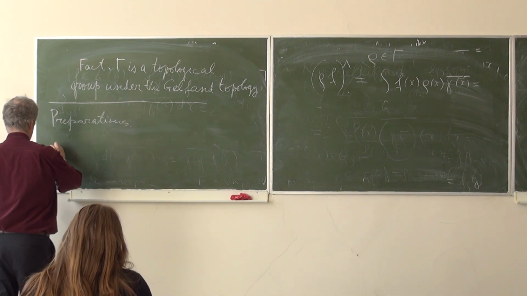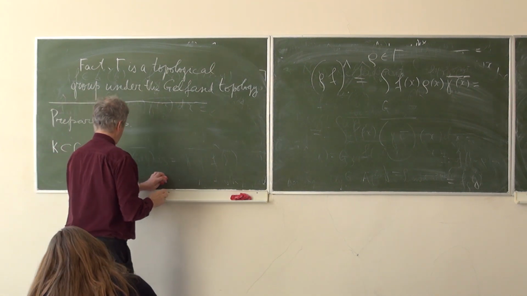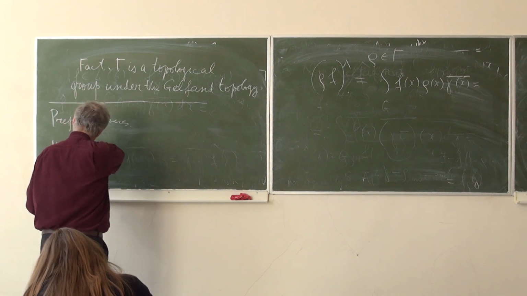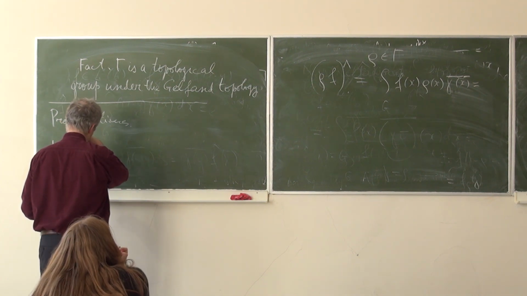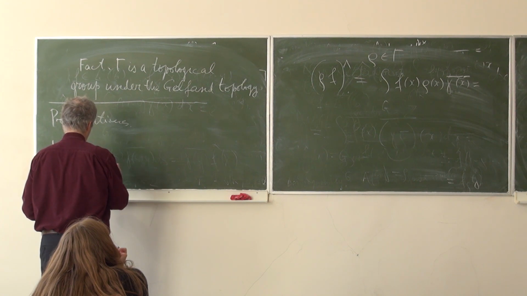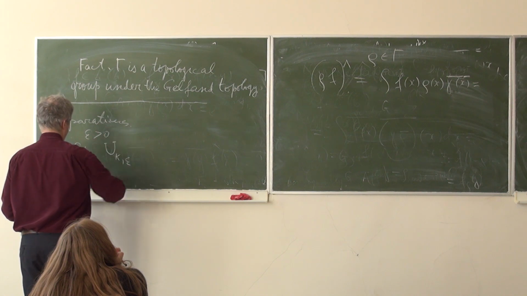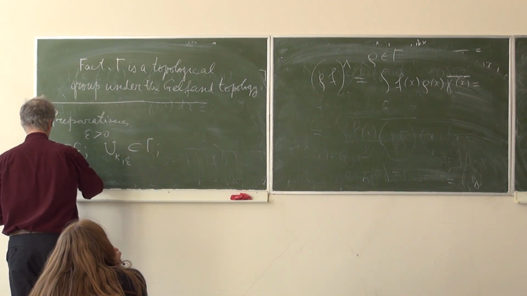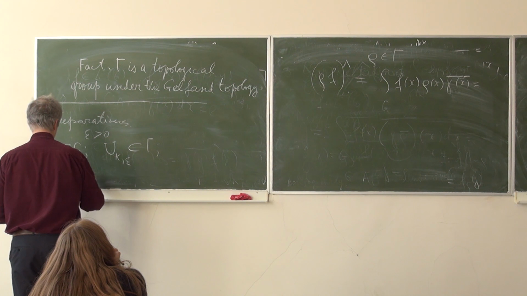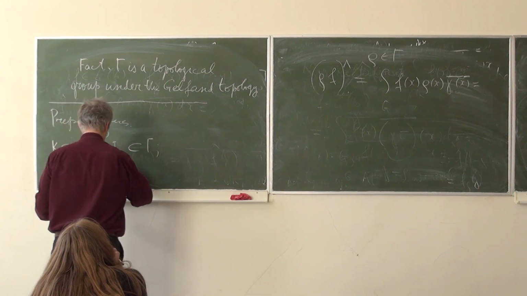Consider some compact set K in G, and consider the set, how to denote it, U K epsilon. Epsilon will be a small positive number. This is a subset of gamma, and it is defined in the following way. U K epsilon is the set of all characters gamma in this group capital gamma, such that